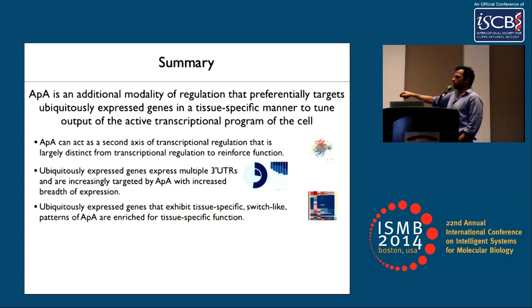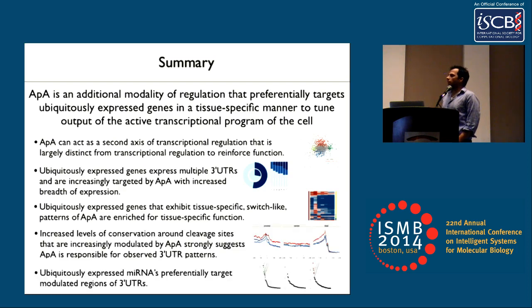These genes that are expressed ubiquitously in all 7 tissues that exhibit switch-like behavior are enriched for GO functionality that is specific to the tissue where the switch-like behavior is observed. And lastly, this conservation pattern suggests that the regulation of APA around these sites is increasingly important, from switch-like to regulated, non-regulated, and this preference for ubiquitous microRNAs to target variable regions of ubiquitously expressed 3' UTRs is the last